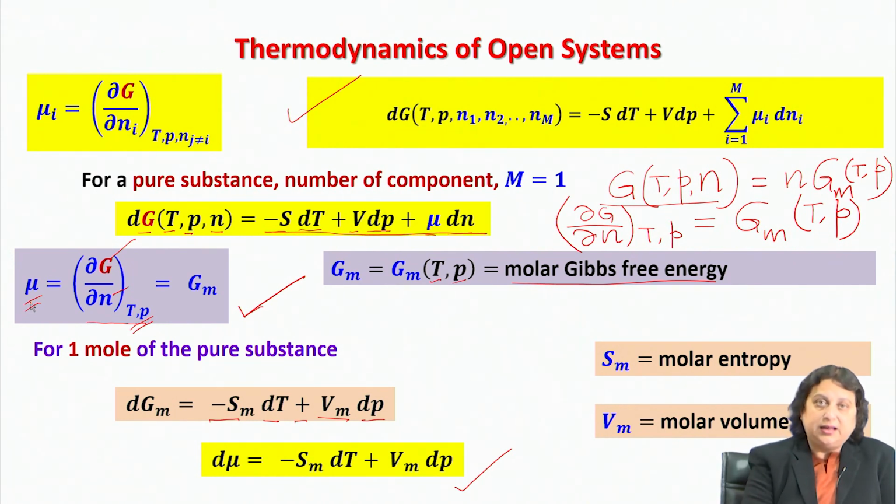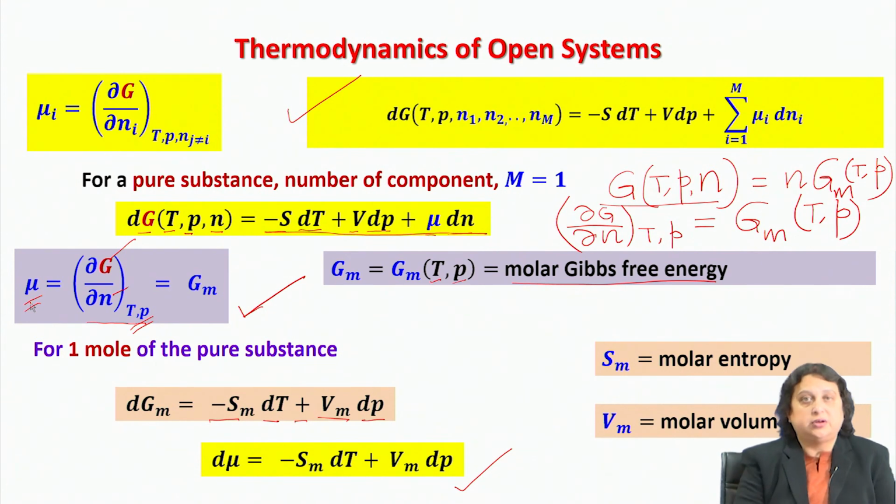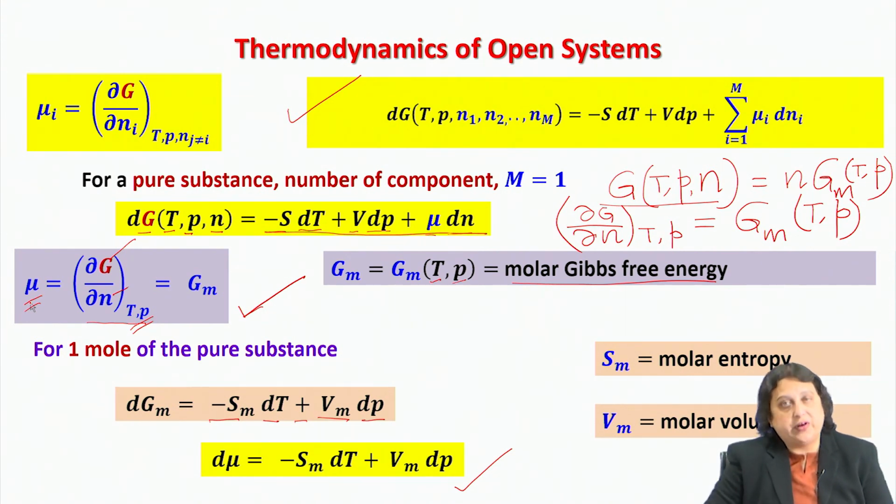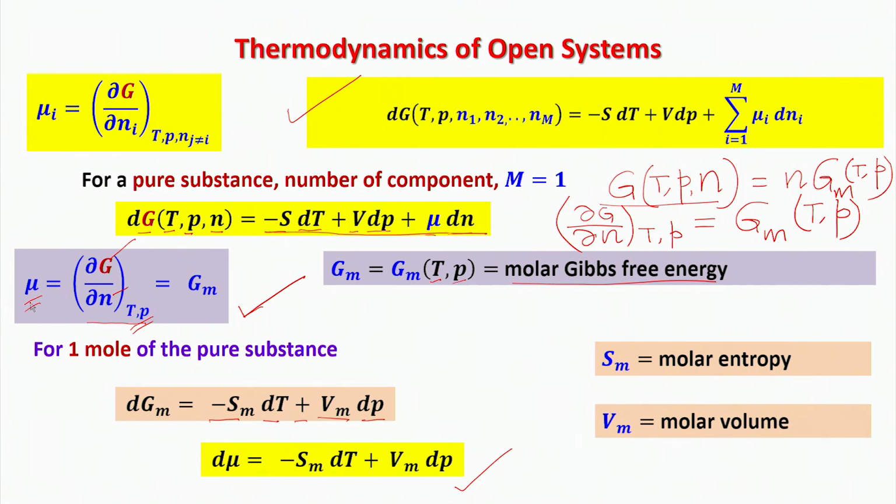And so basically what we have been able to do is, up to here, we have been able to define the chemical potential and have been able to show that yes, this chemical potential indeed is an intensive variable, even if the Gibbs free energy itself is an extensive variable.